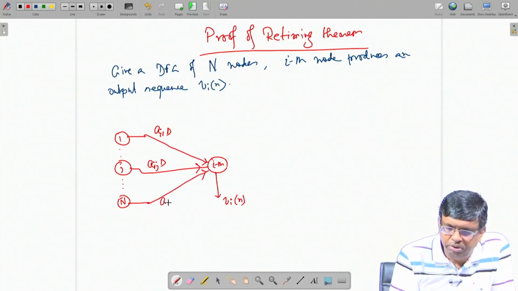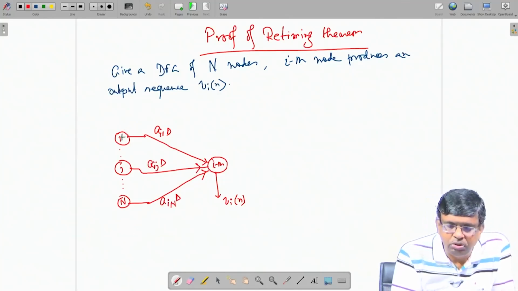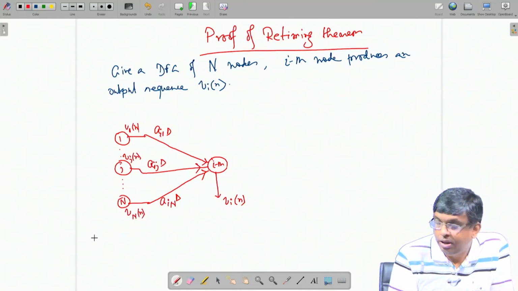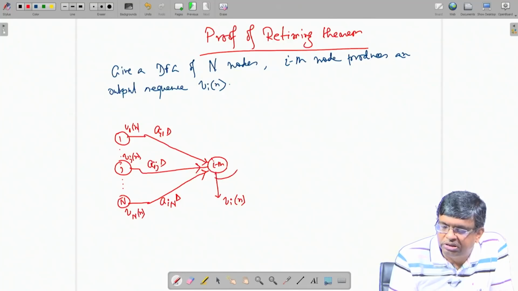Okay. This will be A_in. So, i is the first index in all of them, that many delays. So, this fellow is node 1. It is also generating V_1n, because if node i generates V_in, node 1 generates V_1n, this generates V_jn, this generates V_Nn. This itself can depend on, there can be feedback from its output to itself,